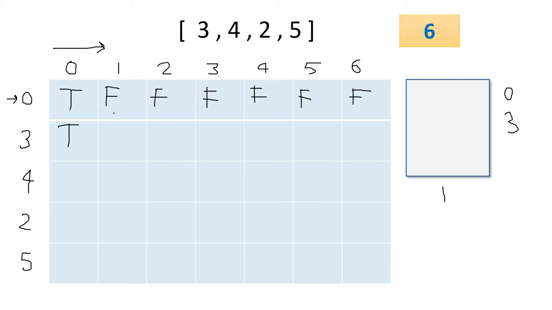Upper cell is false, that means 0 is not able to fill this up. Now I have to check whether 3 can fill this up or not. But 3 is greater than 1, right? So it is not possible. So it will be false. And it will be false for 2 also, because 0 is not able to fill this up and 3 is greater than 2. So for the capacity 2 also, it will be false. So whenever we get a new entry, if the new entry's weight is greater than the number, then that time it will be false mostly, right?